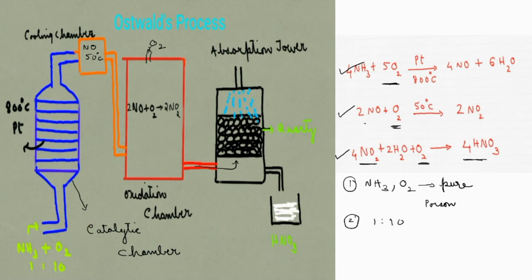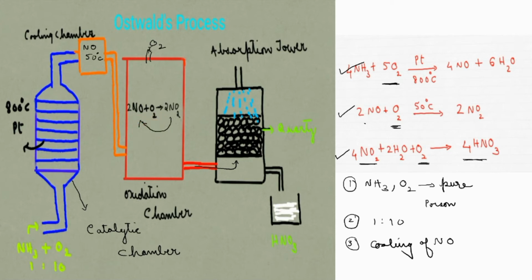That also we answered. Now, why are we cooling this nitric oxide gas? Instead of cooling it, we could have directly fed the nitric oxide into the oxidation chamber. Why are we not doing that? What is the answer? In the oxidation chamber, nitric oxide and oxygen react together to form nitrogen dioxide. If the gases are at a very high temperature, what will happen? A reverse reaction may take place. Nitrogen dioxide may further decompose into nitrogen monoxide and oxygen.